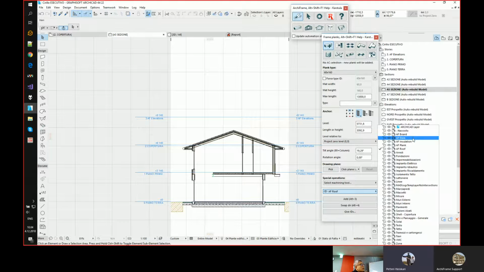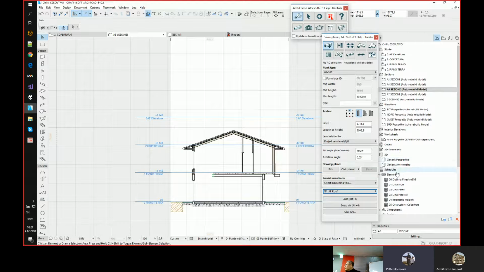Then we have elements object which are used for the wall. This insulation is something you don't need, but then general plank layer, and then to put the roof parts on their own layer, we have this AF roof. Okay, so